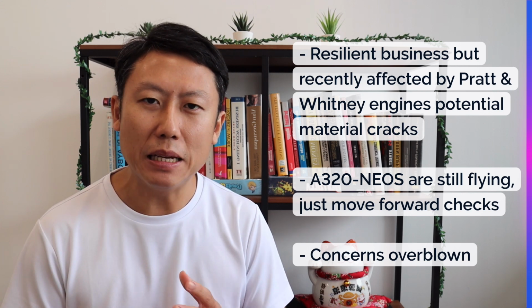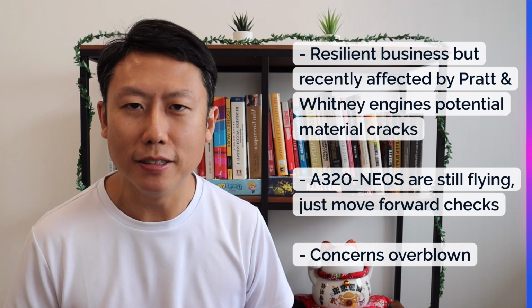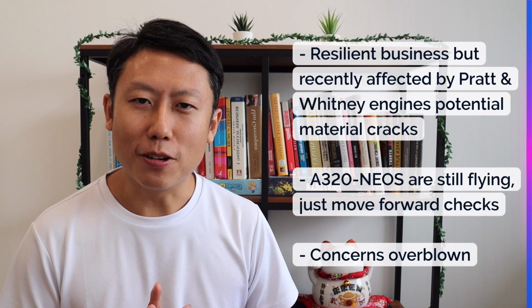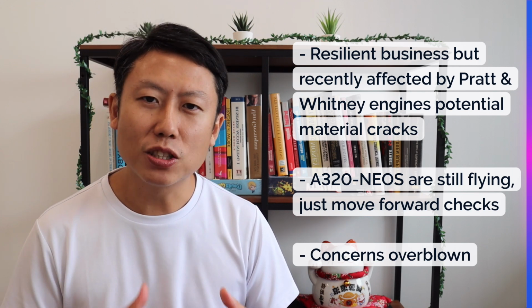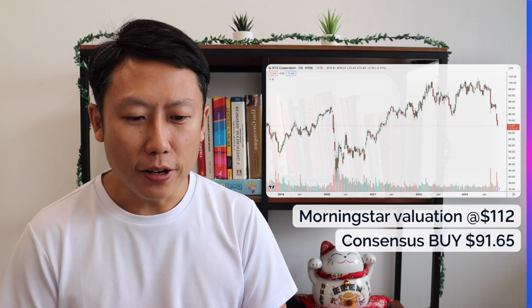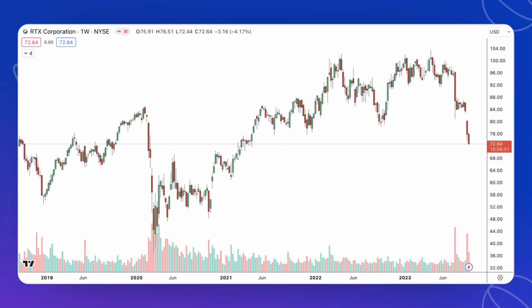It's projected that they may lose $3 billion, but their market cap has dropped more than $3 billion. So the drop doesn't really commensurate with the fundamental changes. I think that this concern is a little bit overblown. And if we look at the share price, right, this stock chart shows you that it's actually quite resilient. It didn't go up a lot after COVID, but it also didn't go down much. Especially last year in 2022, we saw a lot of stocks go down. But this RTX Corporation didn't. It just was very steady and just range bound